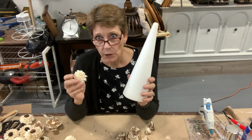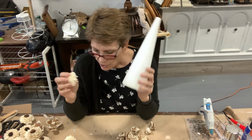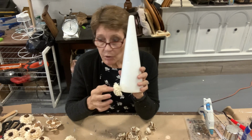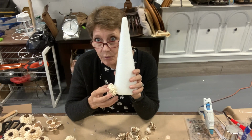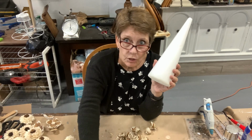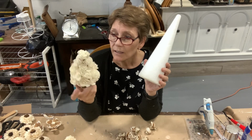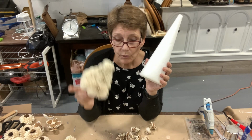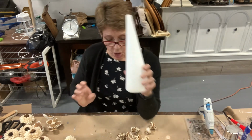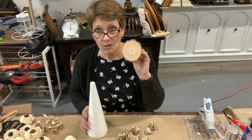But they are very cool. They're dyeable, they are soft, they're easy to use, they're nice and light. And what we're going to do is glue them all around. So in essence, and here's a little shorty guy as an example, we make a little floral covered tree. And they're pretty cute. So what I have done is I have nailed on